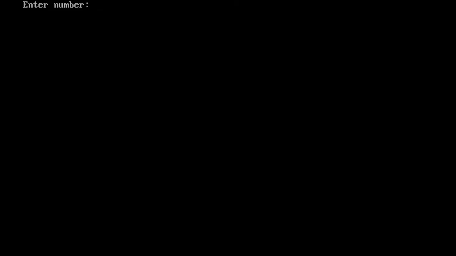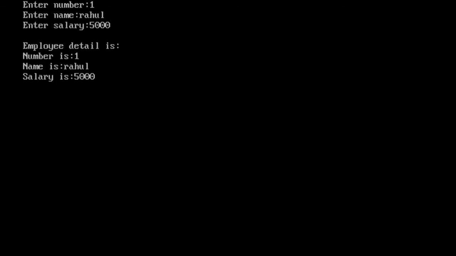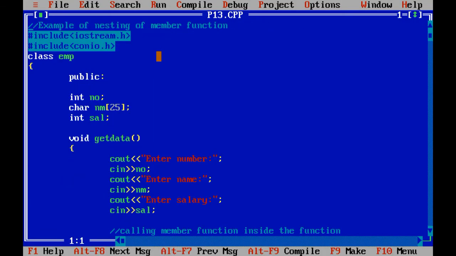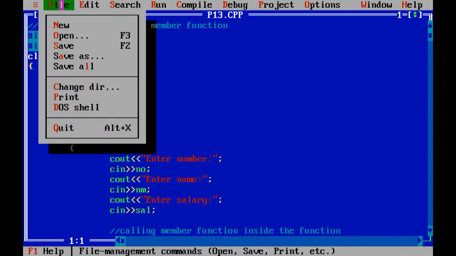Again, when you repeat it, the output would be the same. There is no change regarding the output, only the execution of your program would be different. So this is the first program of our today's session.